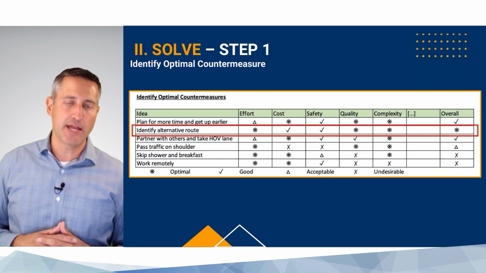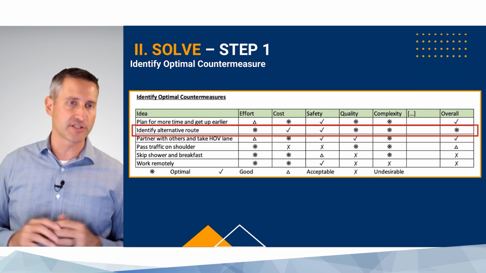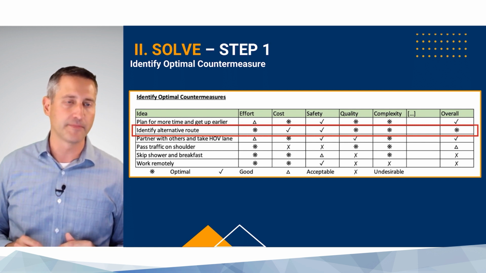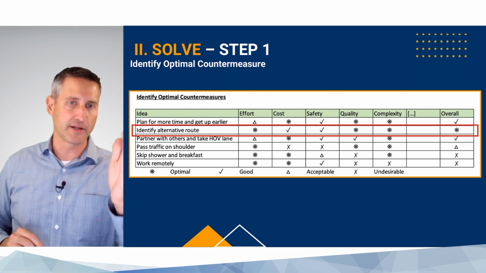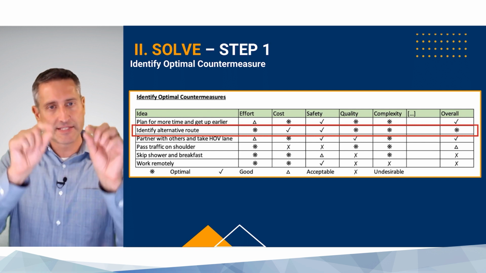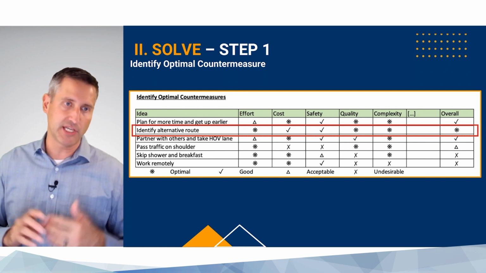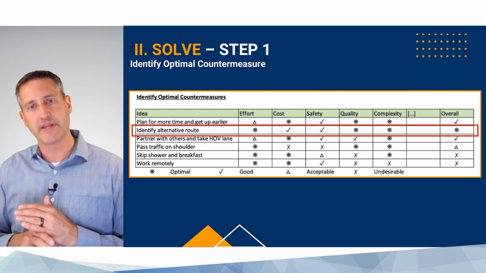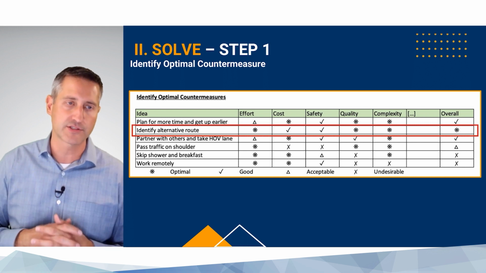So here's the table for Joe. And just a few things about the table. You can see the countermeasures are down the left side column. Across the top, you can see we've got, of course, the ideas column, but then we have a column for each one of the criteria that we're considering. And then inside, we have our scoring, right? And again, we're not using numbers. You can see the key at the bottom. The star is optimal, the check is good, the triangle is acceptable, and the X is undesirable. And if we have X's, we don't really want to take that solution.